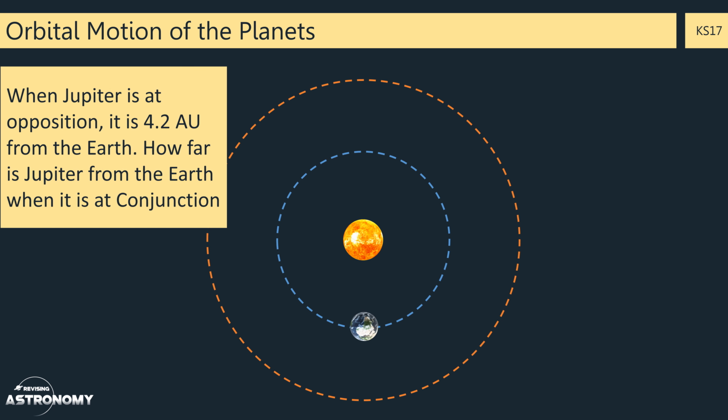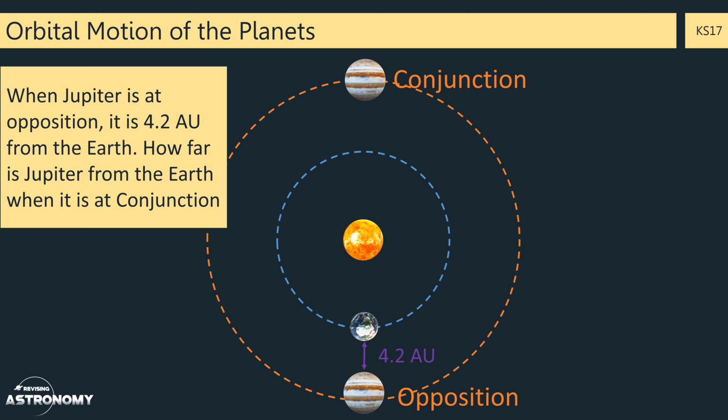Let's take another example. Let's use some of the information in the question. So the question tells us that when Jupiter is at opposition, here, it's 4.2 astronomical units away from the Earth. But we want to work out the distance when it's at conjunction, here. Well, we know that the Earth is 1 astronomical unit away from the Sun. And so therefore we know that Jupiter is the total of that, which is 5.2 astronomical units from the Sun